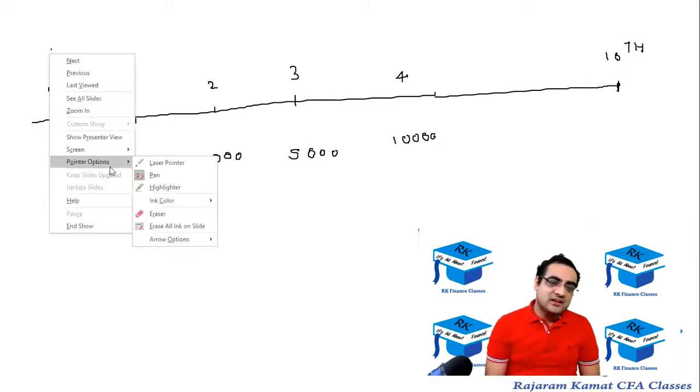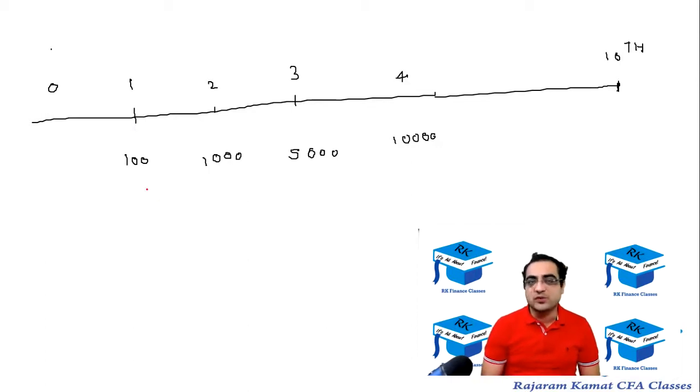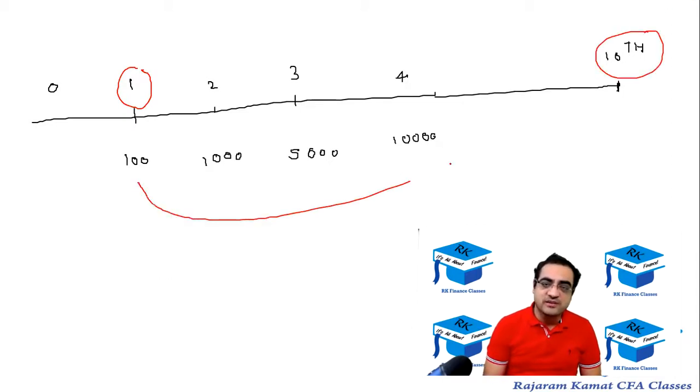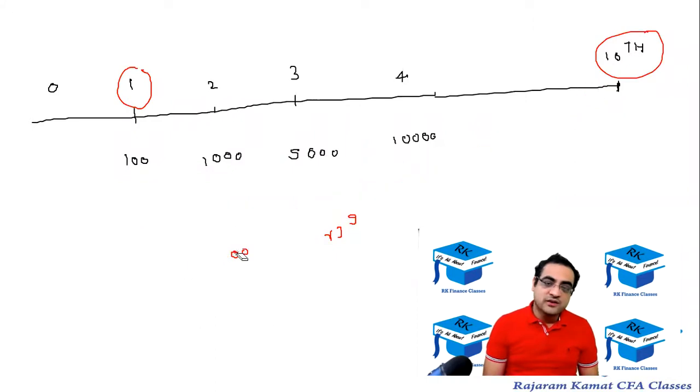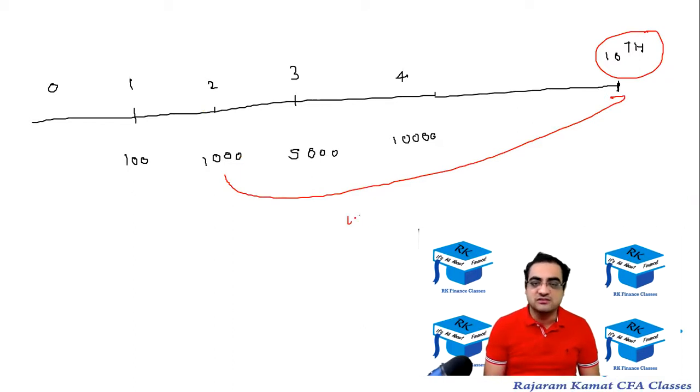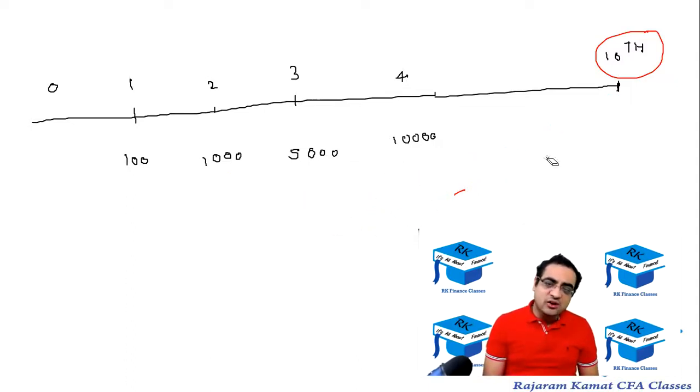One way is a little long cut, which is taking each cash flow individually to the 10th year. That is, 100, take it ahead from year 1 to year 10. For that, you take 100 into (1 plus R) raised to 9, get the answer and store it in the memory of the calculator. Then do it for the next cash flow. Take 1,000 rupees from year 2 to year 10, so 1,000 into (1 plus R) raised to 8, and so on for the other cash flows also. This is a slightly longer way. The faster way is, these 4 cash flows that you have.